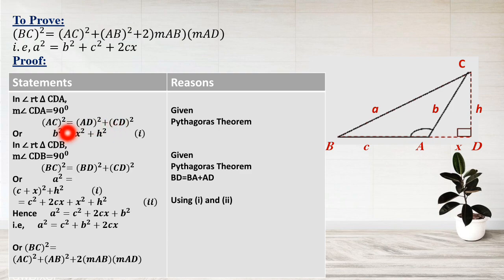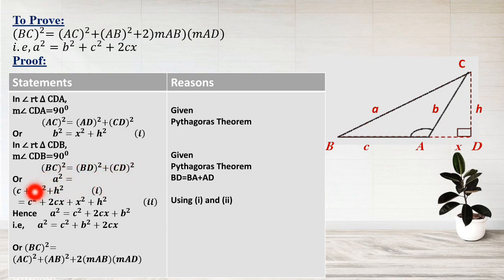So we are going to apply the Pythagoras theorem, and here in results we have written that we have applied the Pythagoras theorem. Substitute the values of AC, AD and CD here. Then take the next right triangle which is CDB, and its angle CDB is 90 degrees. Now again students, apply the Pythagoras theorem, which is hypotenuse square, BC square should be equal to BD square plus CD square. So it becomes BC square equals BD square plus CD square.